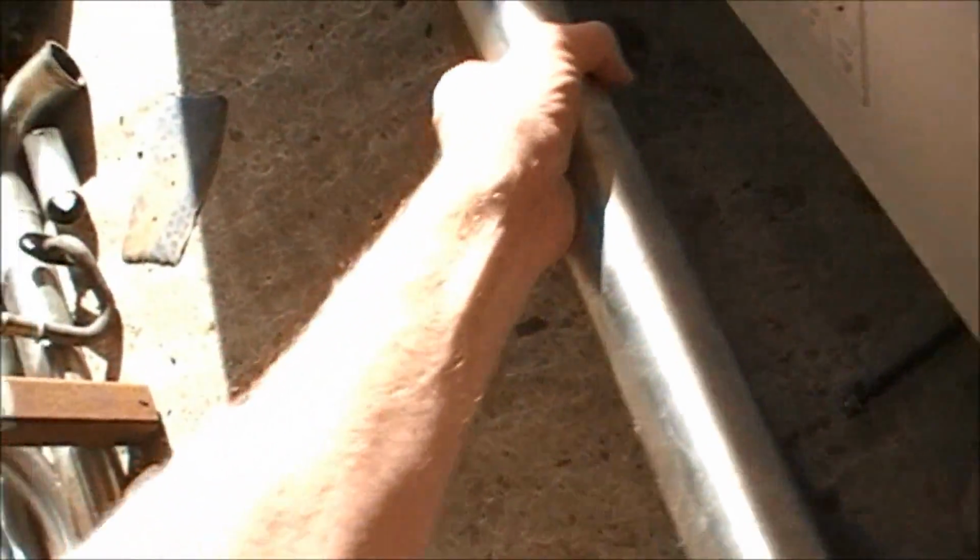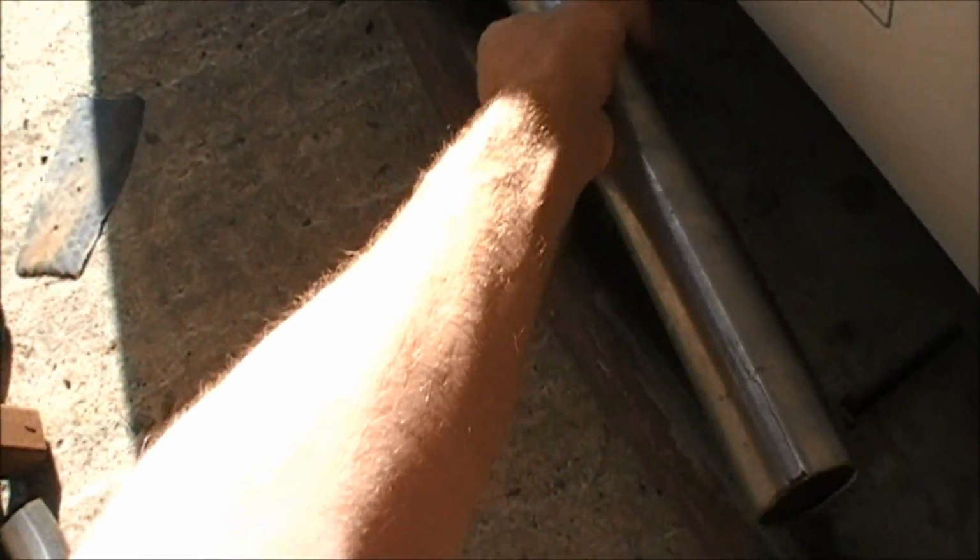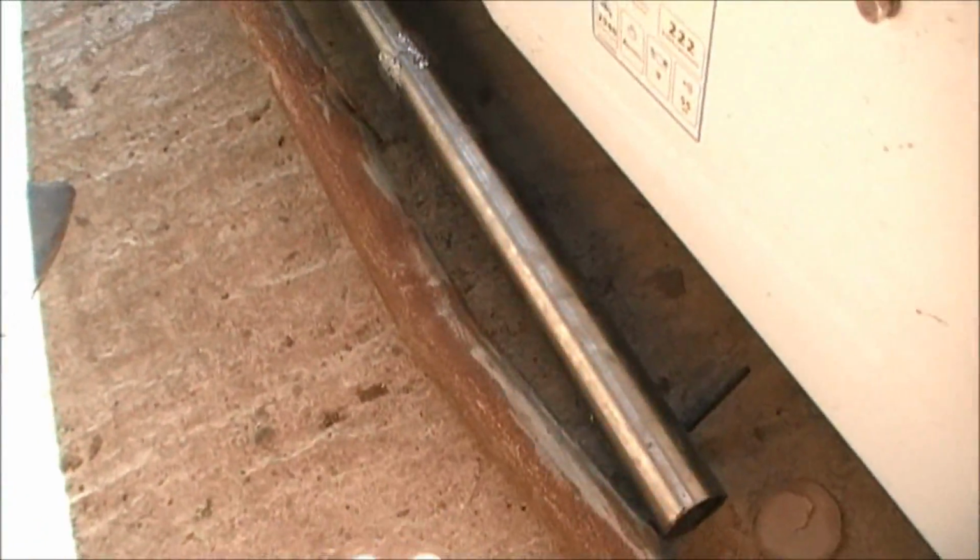So I suppose I can either fork out for some thicker stuff, like 2¼ inch or 2½ inch pipe, but it's going to be expensive. There's none at the scrapyard,